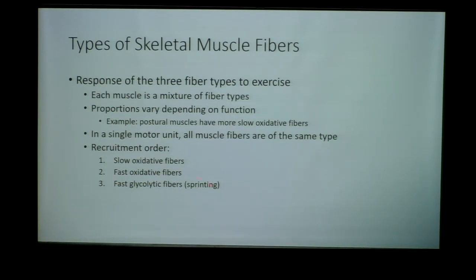Whereas our fast glycolytic fibers are gonna be bigger diameter, they're gonna be harder to depolarize, and so we're gonna recruit those types of fibers last. Except if we're doing something like heavy lifting or sprinting, okay? We call on these fibers to do more strenuous types of activities. In our general day-to-day life, these are the types of fibers we typically call on: slow oxidative and fast oxidative, to really generate more force, right? Heavy lifting or again, rigorous activity, we're gonna call on fast